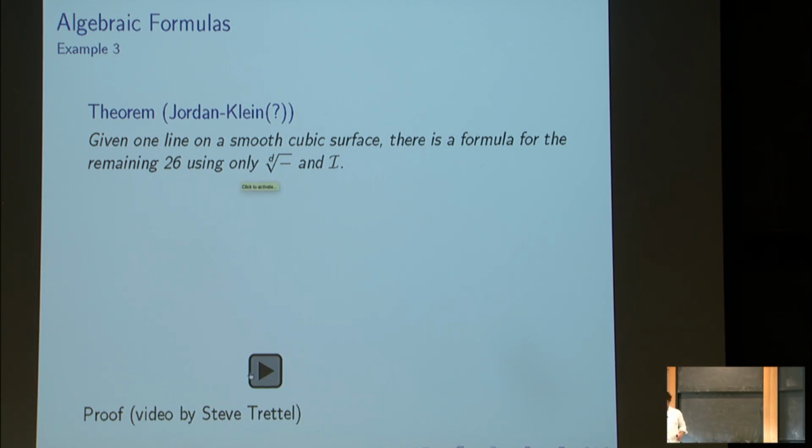And Jordan, and I believe Klein, though I can't pin Klein on this entirely, proved that if you hand me a cubic surface and an explicit choice of a line, I can write a formula for the remaining 26 lines using only radicals and the icosahedral function. And the best proof of this is this video by Steve Trettel, who's now at Stanford,